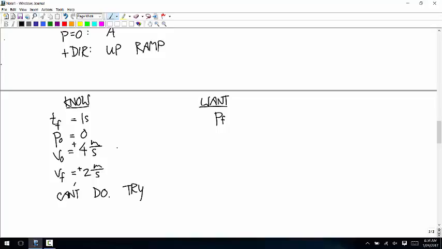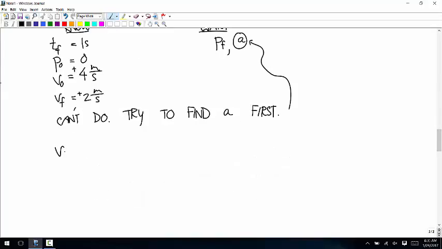So let's try to solve, since the first thing we wanted to do didn't work in one step, we need to find another variable to solve for, an intermediate variable that we can then plug in. The one that you usually want to find, there are two likely ones, time final and acceleration. So we'll try to find acceleration first. Okay, so is there an equation that lets us solve for acceleration? Yeah, we can use this one.